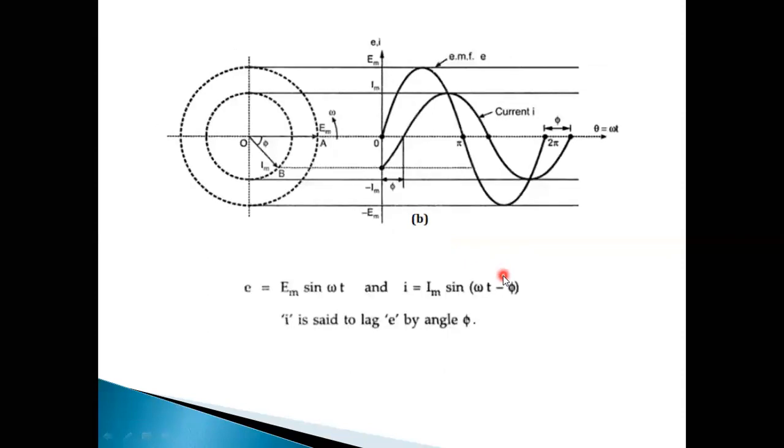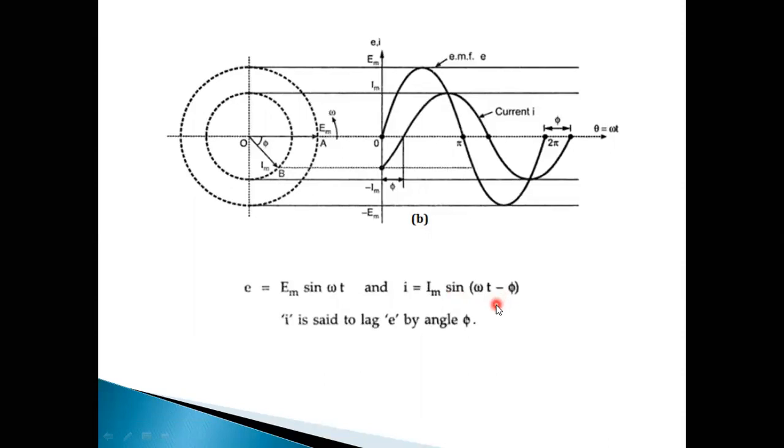Observe another waveform. The voltage waveform will start from 0 to 2 pi, but at the point of phi, the other waveform will start. There is some comparison there. That is nothing but difference. How much difference will be there here? Phi. The first waveform is E equal to Em sine omega t. The other waveform has a negative value, that is the current waveform, I equal to Im sine omega t minus phi.